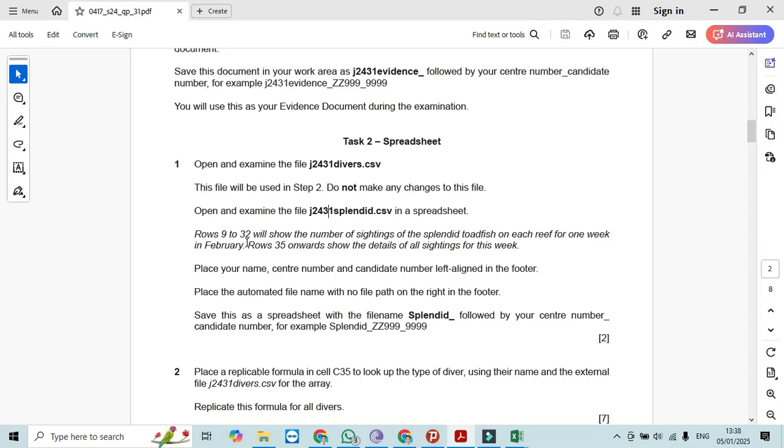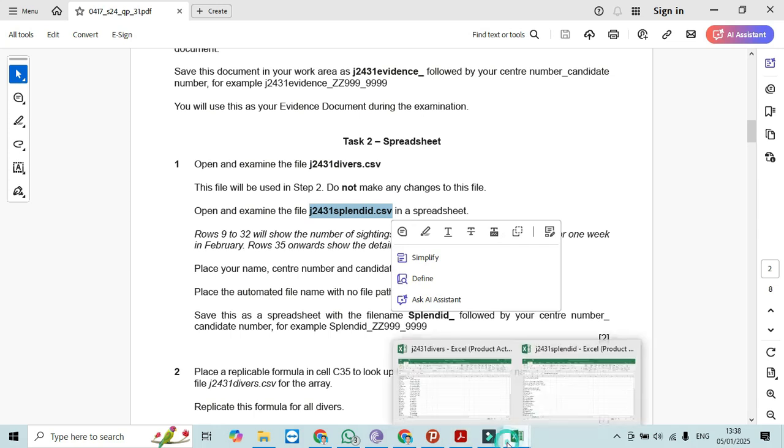Row 9 to 32 will show the number of sightings of the splendid toadfish on each reef for 1 week in February, rows 35 onward show the detail of all sightings for this week. So place your name, center number and candidate number left aligned in the footer of the file